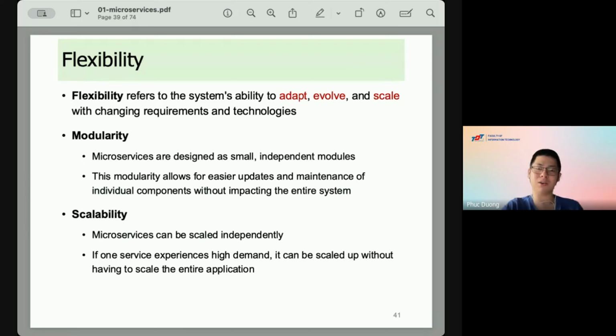Okay, so the most important aspect when we discuss the flexibility of a microservice is evolve. Consider this example.